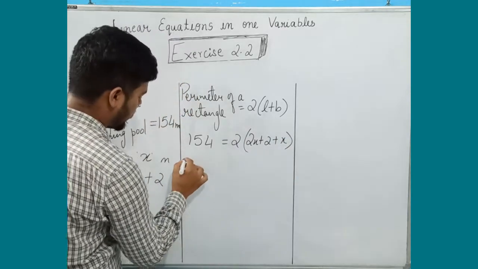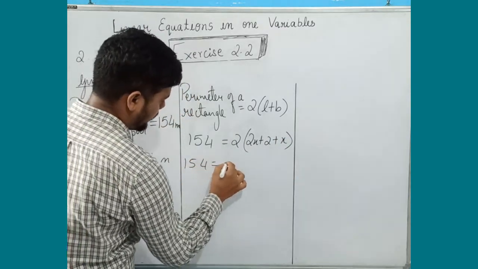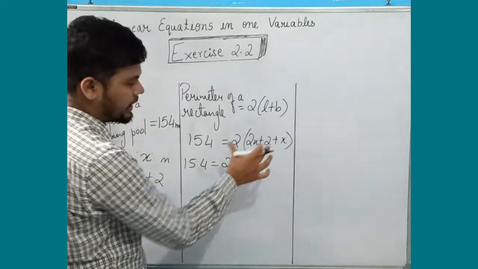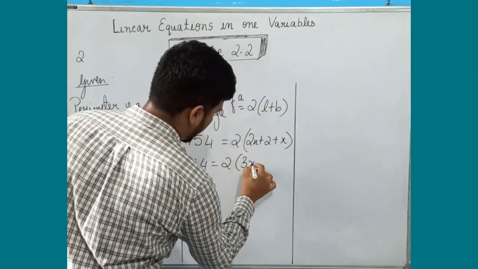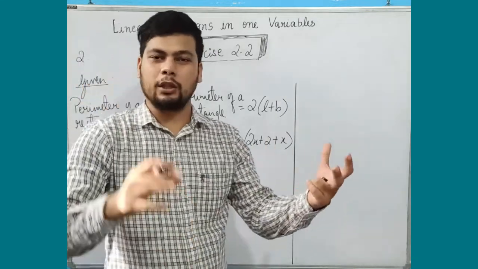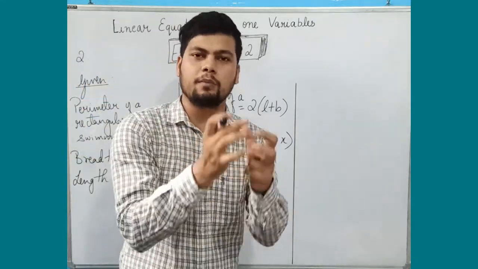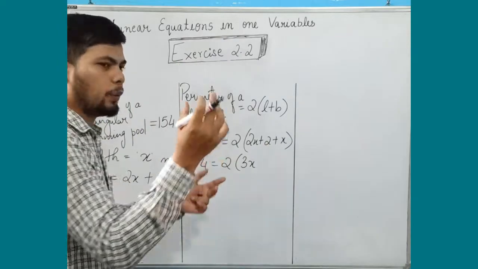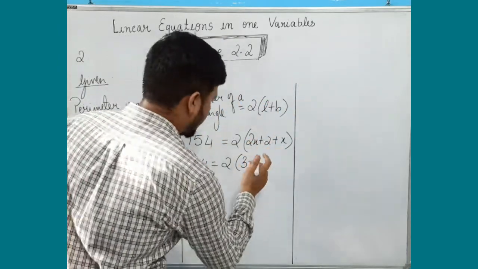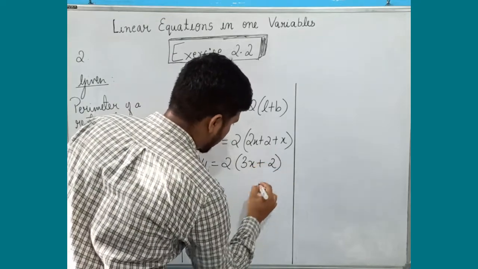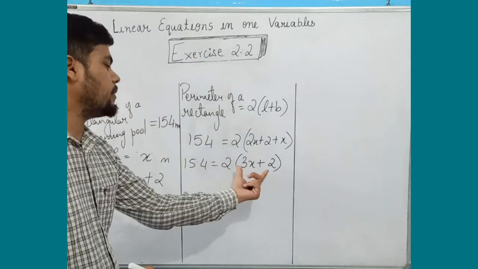Now let us solve this very quickly. Before opening the bracket, let me just solve whatever I can inside the bracket. So I have 2x plus x, it means 3x. You know that one apple and two apples together become 3 apples. Same way, 2x plus 1x together will be 3x if they are added. And we have plus 2 on this side. Nothing more can be simplified in the bracket.